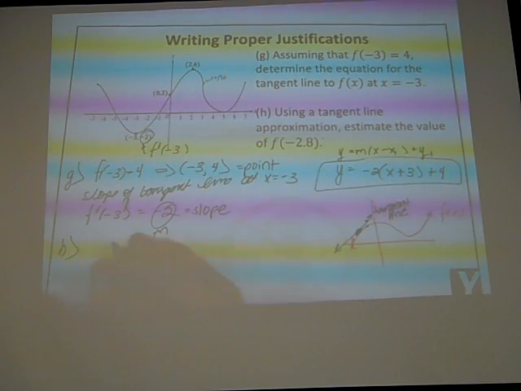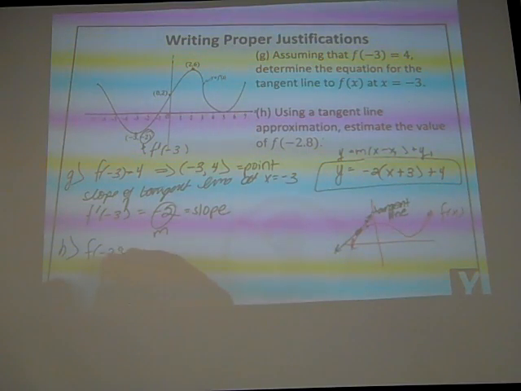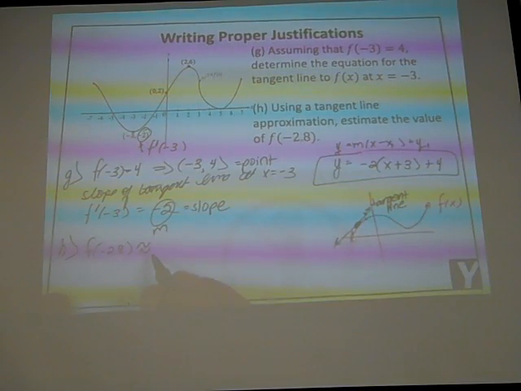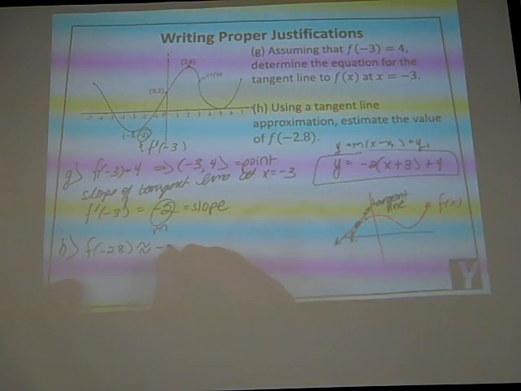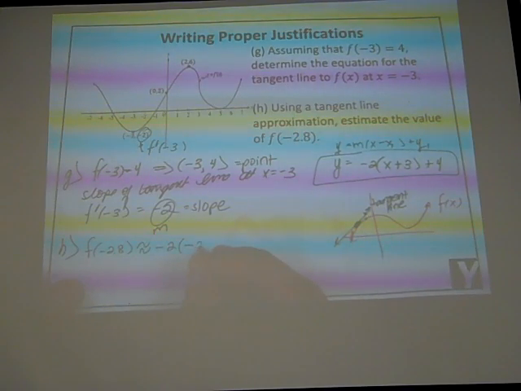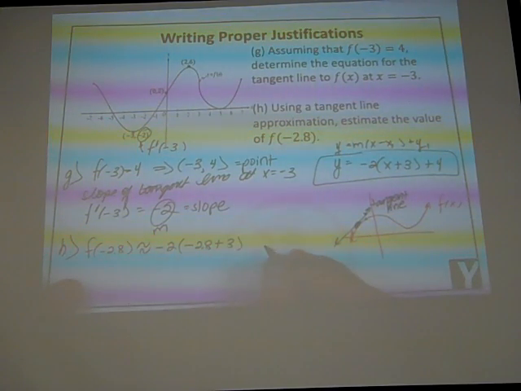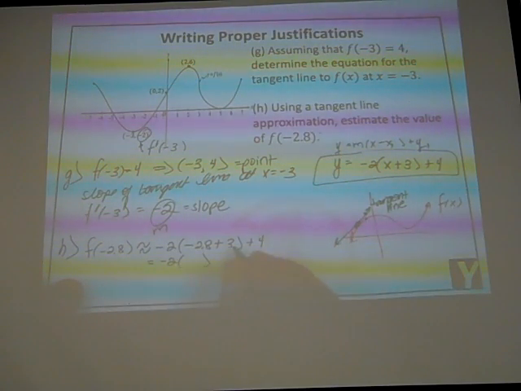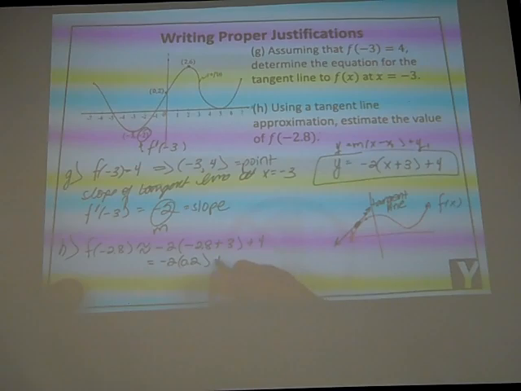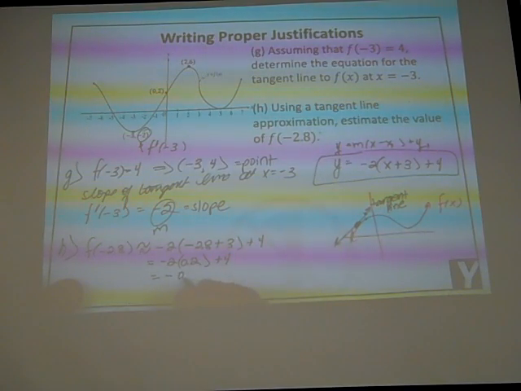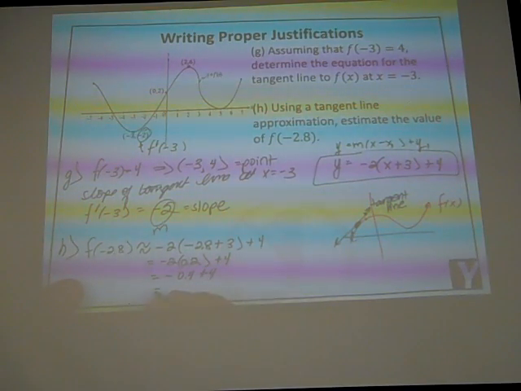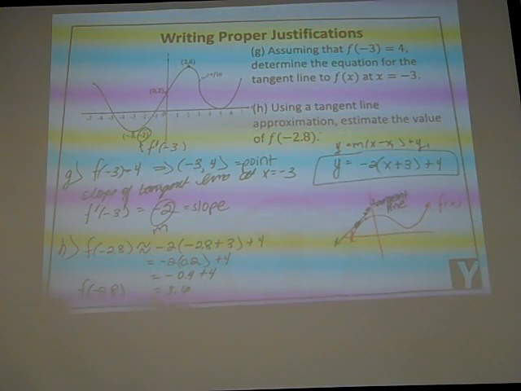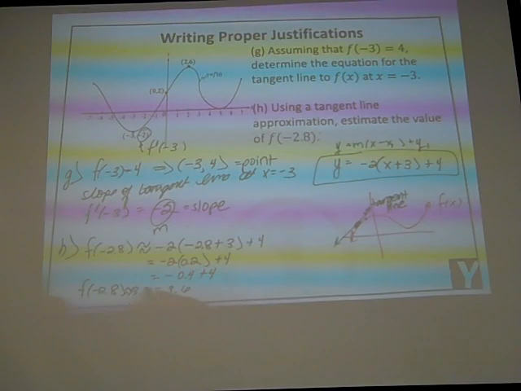We want to approximate f of negative 2.8. So I would say f of negative 2.8, approximately, negative 2, and replace the x with negative 2.8. So we get negative 2 times negative 2.8 plus 3, which is 0.2, plus 4. We get negative 0.4 plus 4, which is 3.6. So I can conclude that f of negative 2.8 is approximately